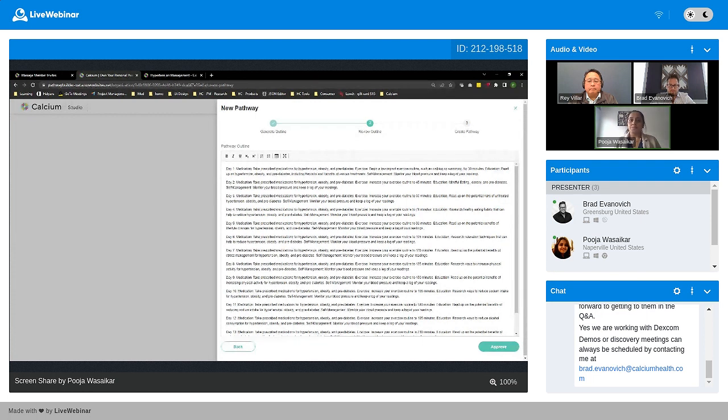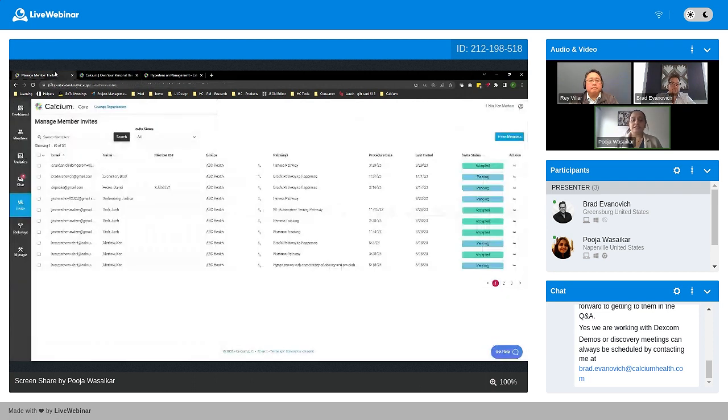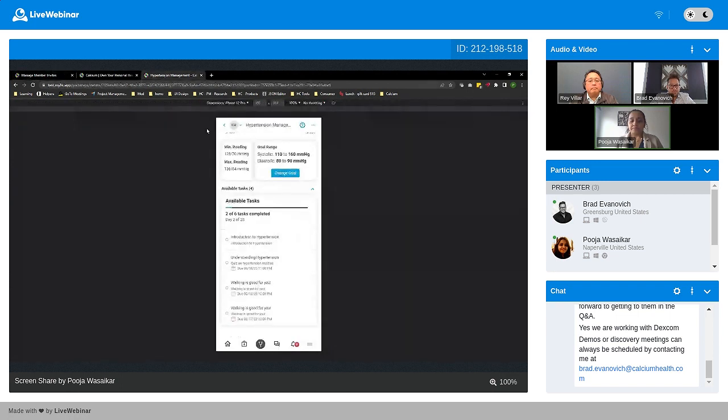This is meant to be more of a starting point, so you don't have writer's block or that, hey, where do I begin? So it's more for that. And then once you approve, you can create this pathway, publish it, and send it over to Ken on the app very easily. To save time right now, what I have done is we have already created this pathway. So let me show you how the experience now would change for Ken.